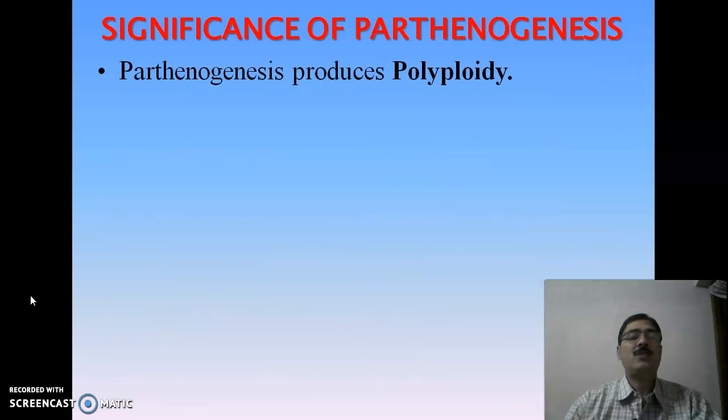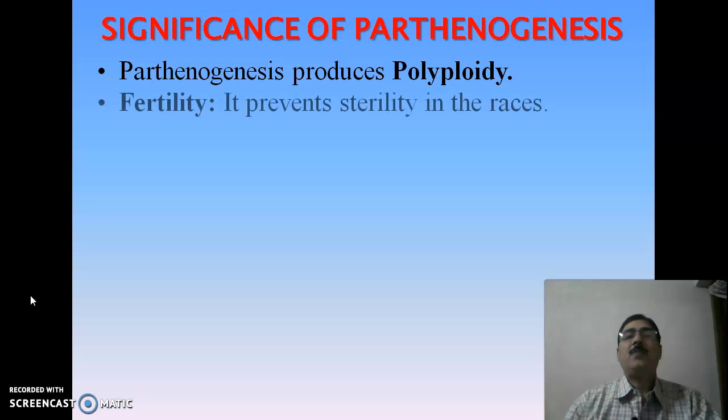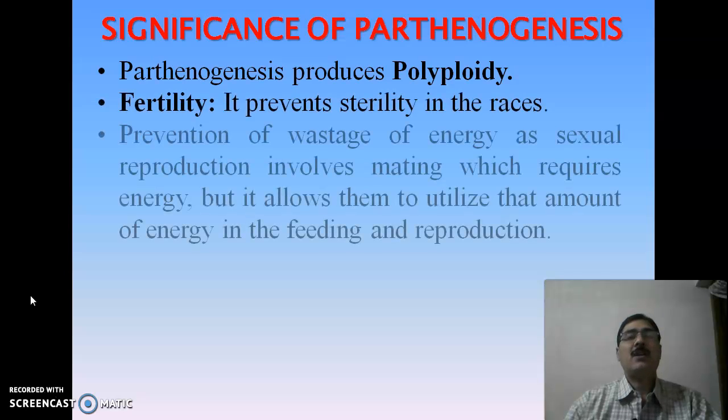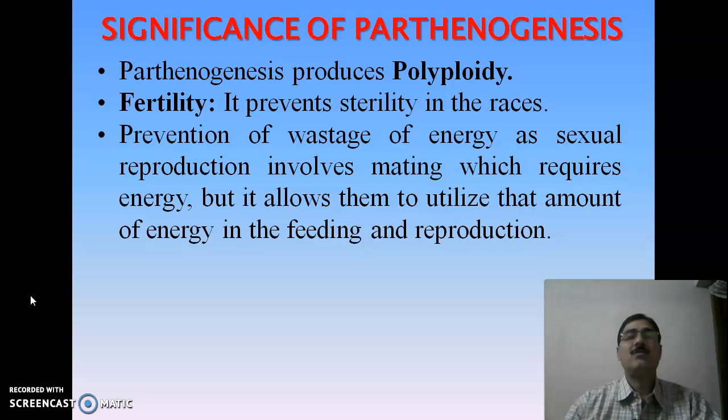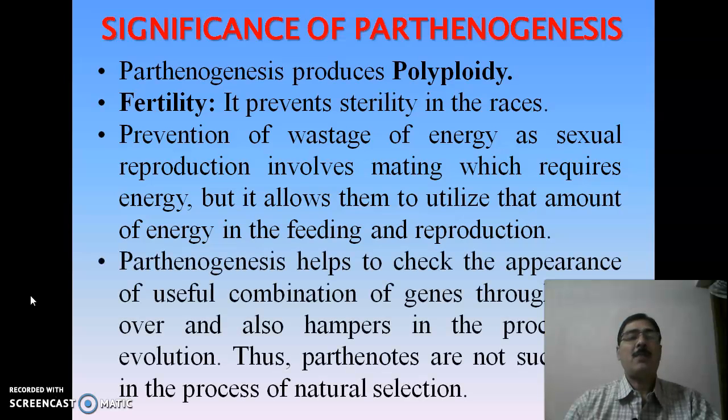Then it produces the polyploid. It prevents the sterility in the races. It prevents the wastage of energy on the sexual reproduction. And finally, it checks the appearance of useful